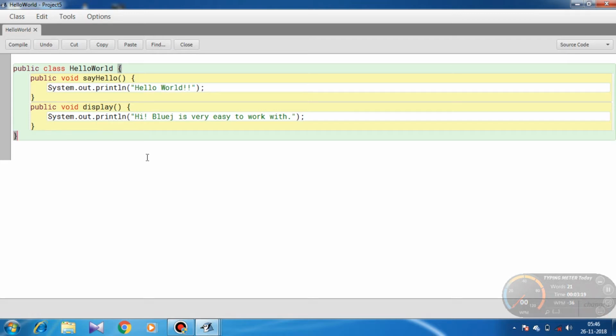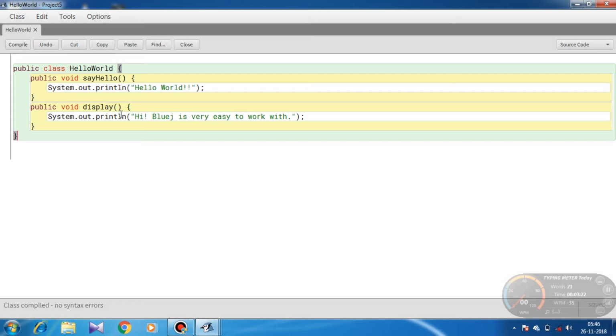Okay, now we will compile this class. Compiled, class compiled, no syntax errors. Now we have compiled this class and we have created its object. Now to execute a method, we have two void methods here, say hello and display.